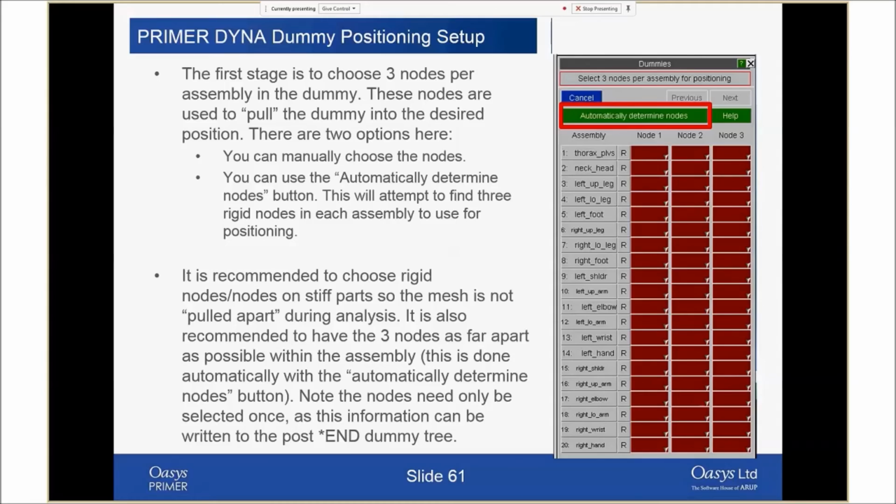Now the first panel you get will look something like this. So what Primer has to do is it has to create cables attached to all the different assemblies in your model to make sure that your dummy ends up in the right position. So you have to specify 3 nodes per assembly, and those nodes have to be on something rigid or fairly